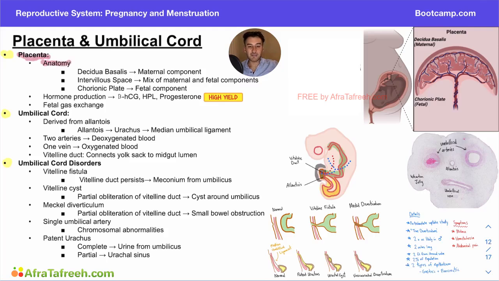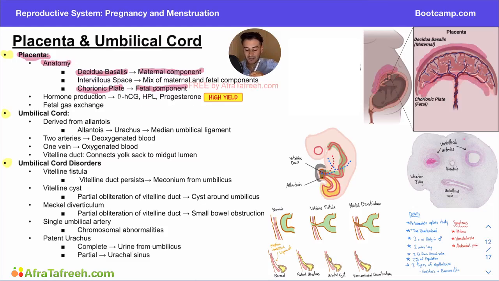And in terms of the anatomy, we're going to be looking at three parts. Let's first start by talking about the decidua basalis, which is going to be the maternal component, and the chorionic plate, which is going to be the fetal component. So if we look at our diagram here, we're going to have our decidua basalis right along this portion of the placenta, and this is going to match up with the uterine wall, whereas the chorionic plate is going